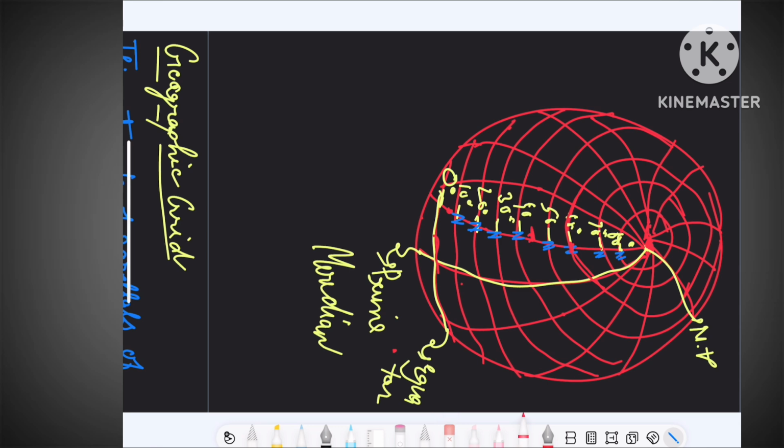So, the easiest method of finding out the latitude of a place is to measure the vertical angle of the pole star. Where is the pole star? Pole star is basically a type of measuring device that was used in early times by sages and early peoples. Let us know how we can calculate. The latitude of a place is equal to the angle or altitude of the pole star.